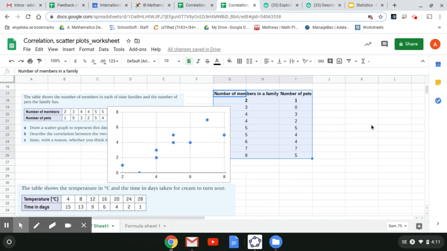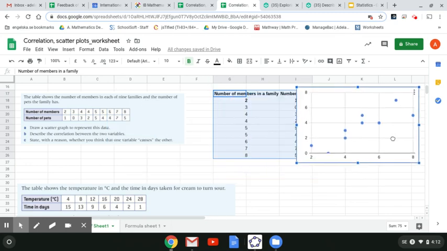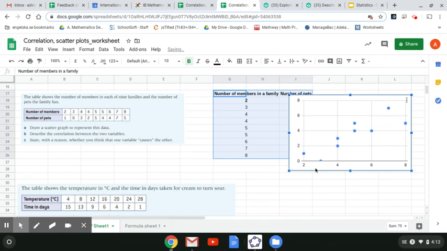And again, we'll try to describe it a bit. There is a positive, I would say moderate positive correlation between the number of members in